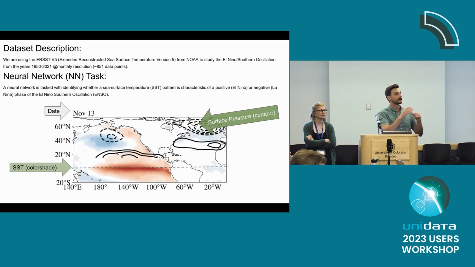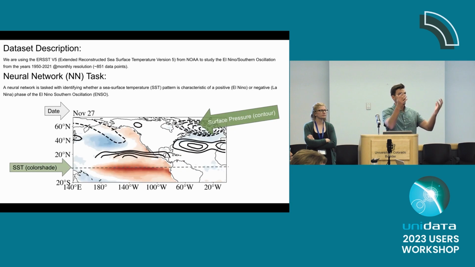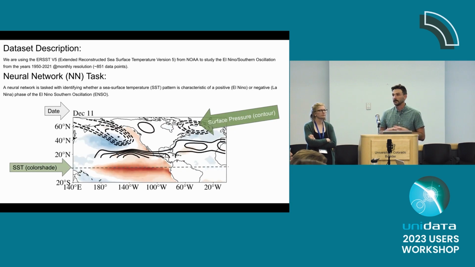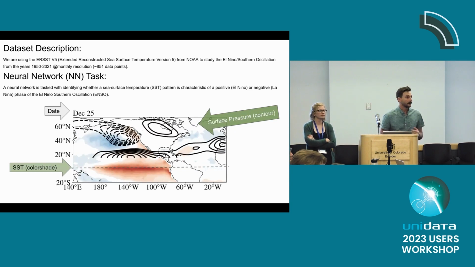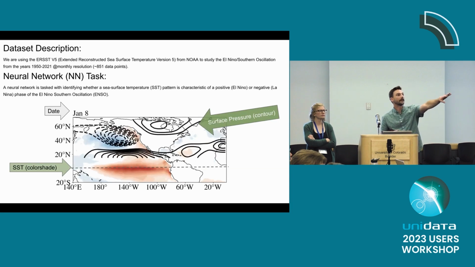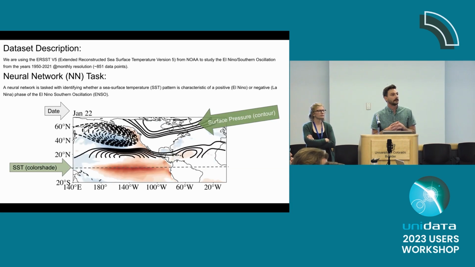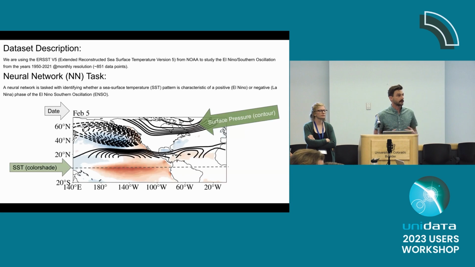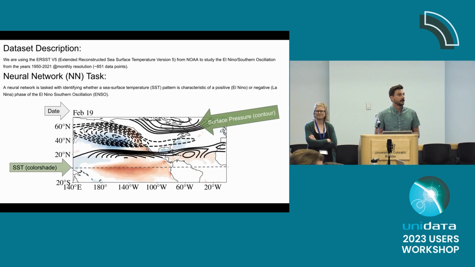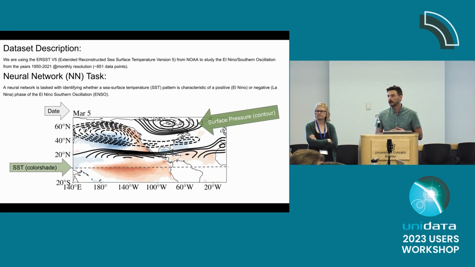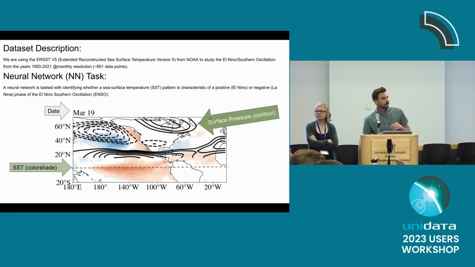You see this seasonal development of this pressure pattern that we call the Pacific North American pattern that affects downstream weather. And this is really why we care a lot about the El Nino Southern Oscillation: on seasonal timescales or even subseasonal timescales, these sea surface temperature patterns can